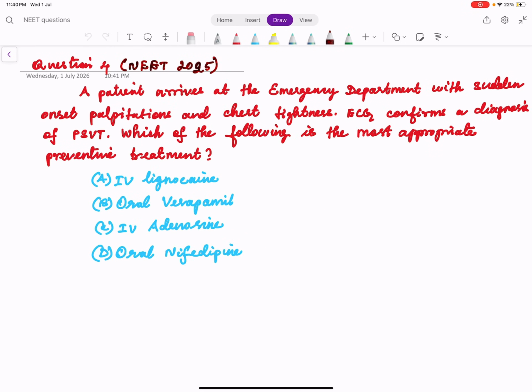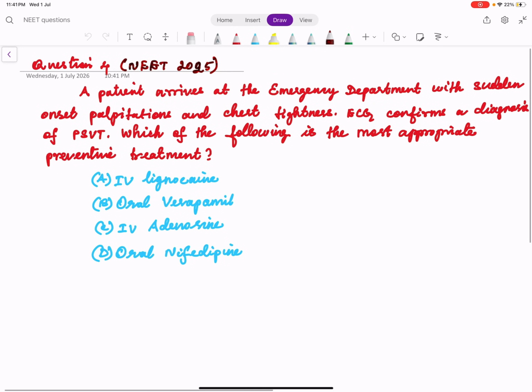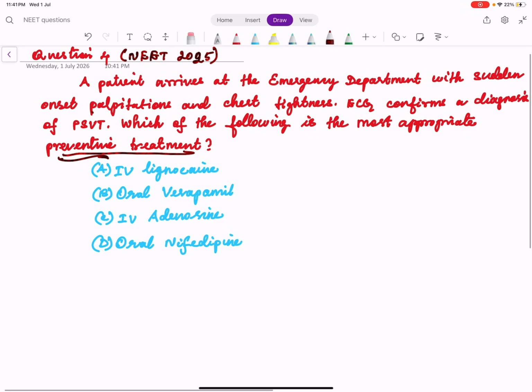Let us go to the next question in the previous year NEET question discussion of NEET 2025 Cardiology. So as usual, we'll start with the last line. Which of the following is the most appropriate preventive treatment? So a diagnosis has to be picked up and we have to tell about the preventive treatment. Okay. So a patient arrives at the emergency department with sudden onset palpitation. So when it is palpitation, remember we are having some arrhythmia